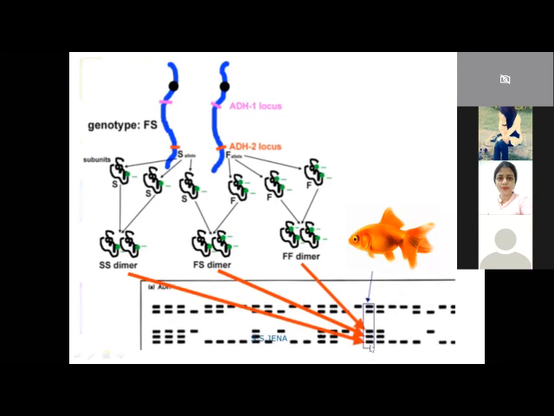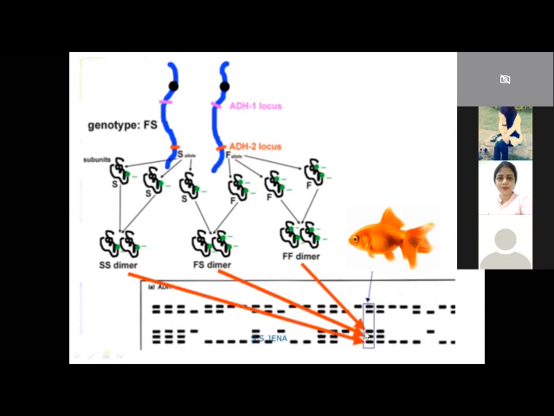Okay, but there are a few which have only the band for the FF dimer, and a few which have the band for the SS dimer. You are able to see there are a few individuals which have these three forms: FF, FS, SS. Then there are a few which have only FF, a few which have only SS, and a few which have all three. Then only SS, then FF, SS, SS.